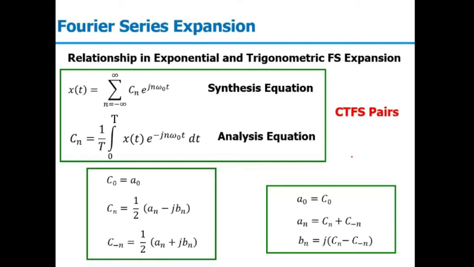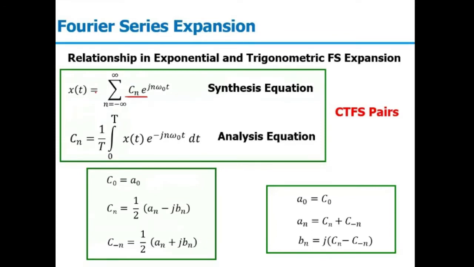So sometimes the question is something like: you are given a Fourier series expansion in terms of the trigonometrical Fourier expansion and you need to convert this into the exponential Fourier series expansion. There you can directly use the relation between the coefficients and find the value of Cn if A naught, An and Bn are given to you, and then you can put the value of Cn here to find the Fourier series expansion in terms of the complex series.